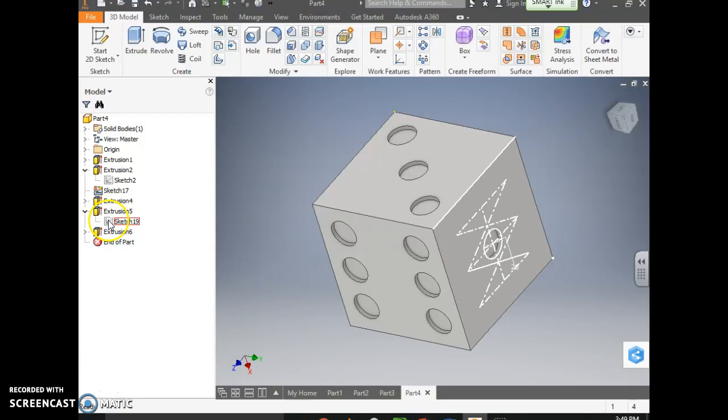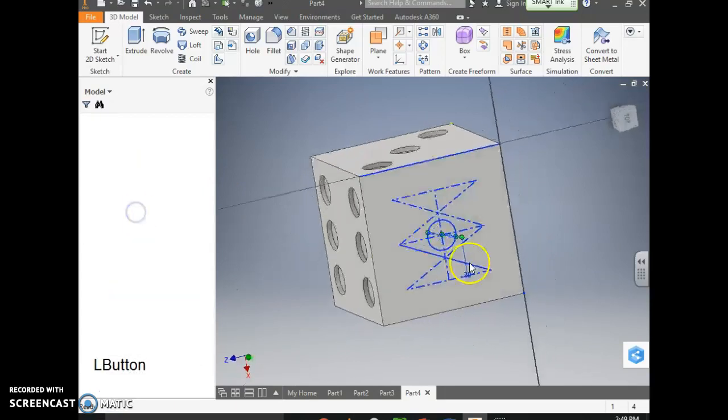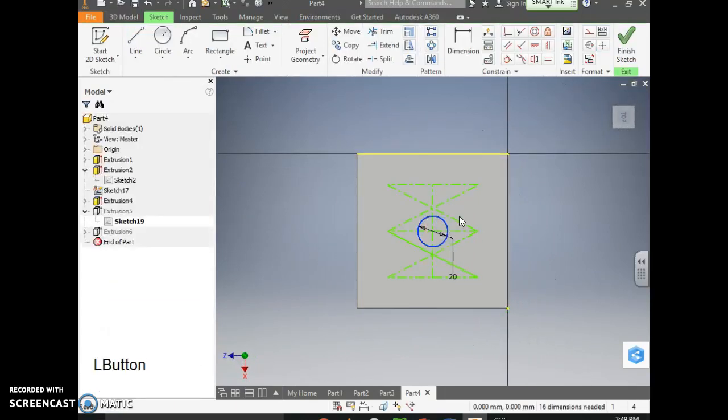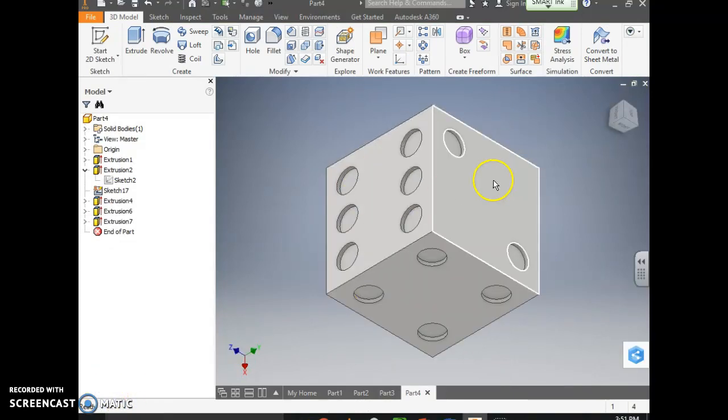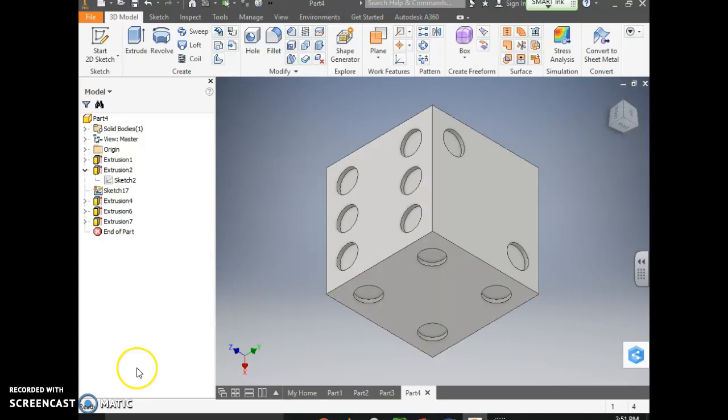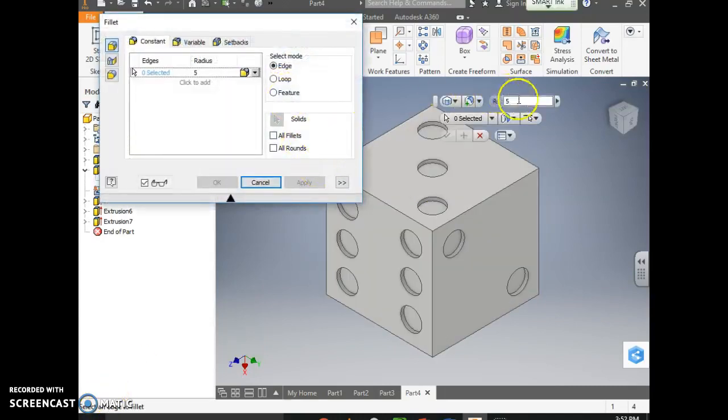Okay, I've messed up right here, so it was supposed to be 2 on this side. So I go over here and just delete, and then I make 2. I can't remember how to do it, but there's 2 on this, like that. That's 2. So this corner needs to look like 6, 2, 3. Underneath this, the 6 is a 4, so 6, 2, 4. Okay, now click the fillet tool. Make sure it says